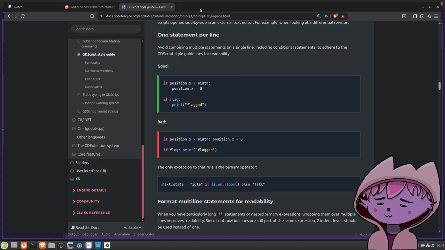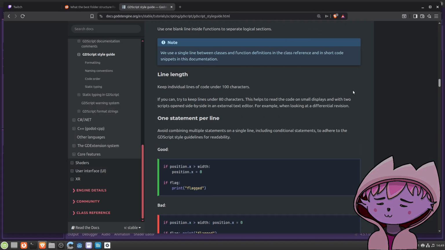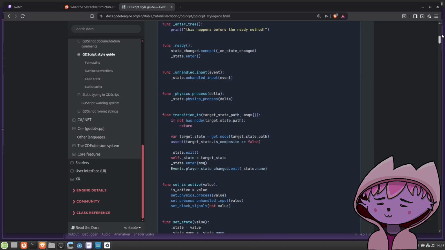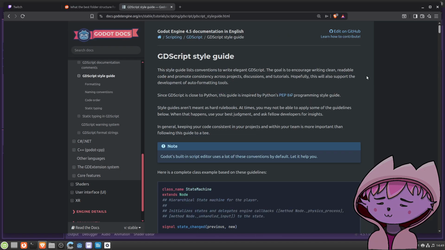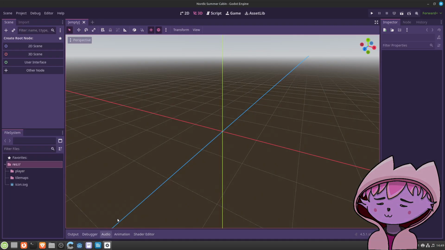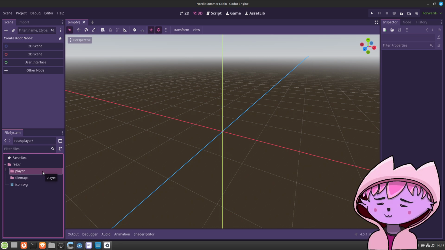Okay, that's sorted out. Easy enough. So all the files which are relevant, let's say for the player state machine, character controller, animations, sprites, everything, they go inside this folder.